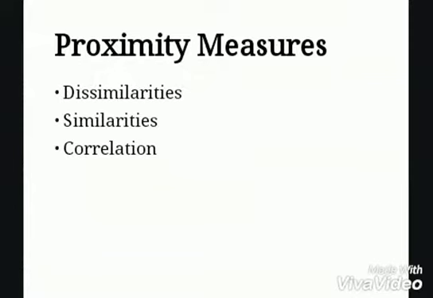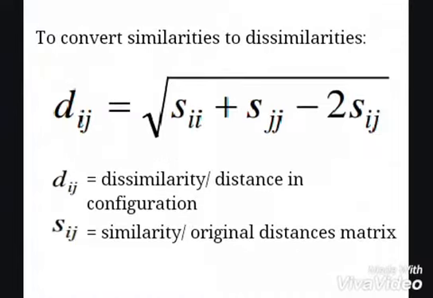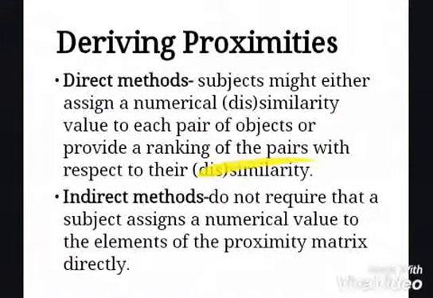Dissimilarity matrices represent the distance between two objects. On the other hand, similarities represent how close two objects are. As I've said earlier, similarity matrices may need to be converted to a distance matrix. Thus, the formula would be: there are two major groups of methods for deriving proximities: the direct methods and indirect